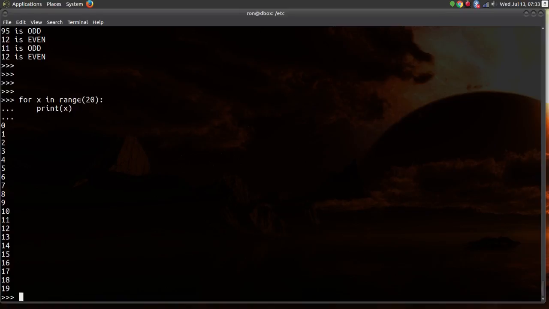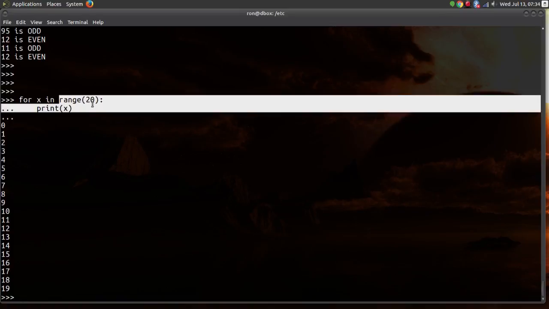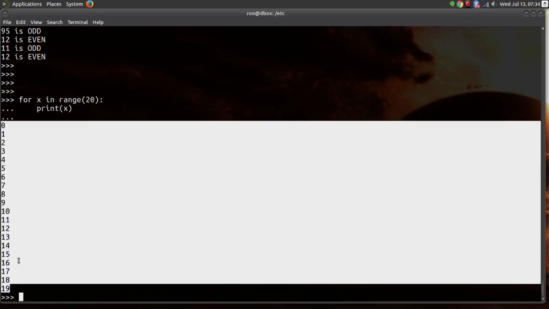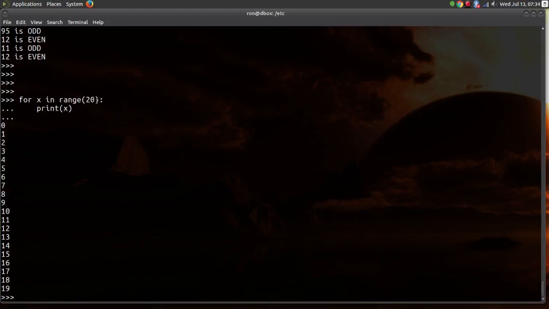But suffice to say, this range command output everything from 0 up to right before it got to 20. So there are 20 different values here, but because again it starts at 0, we never see 20, right? Well, if we